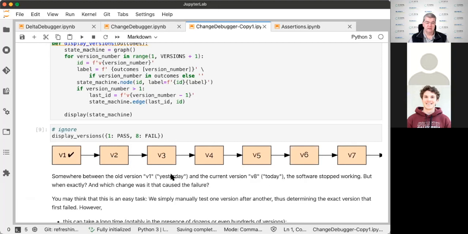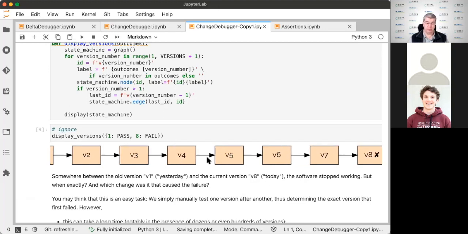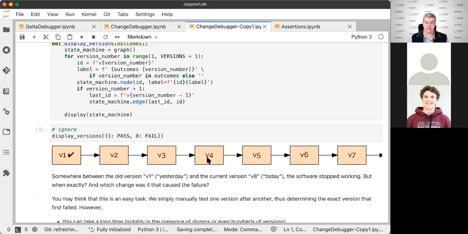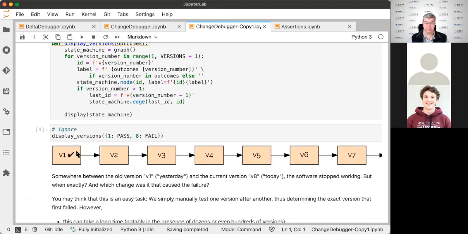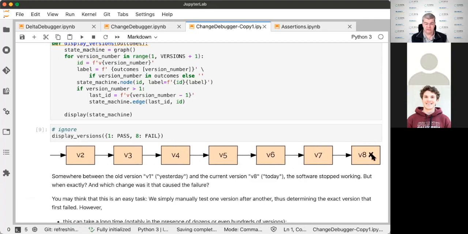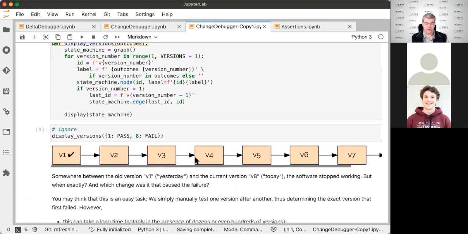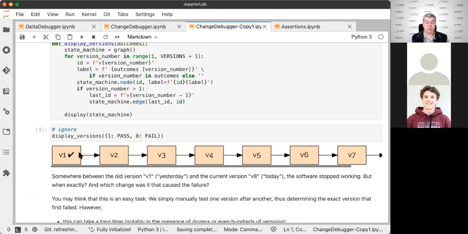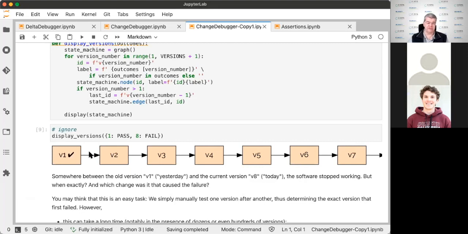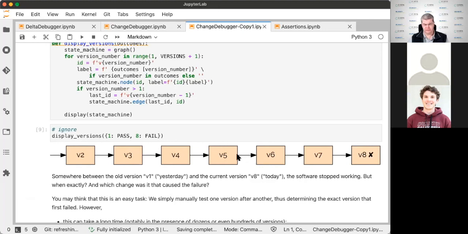And the situation we're in here is we're having a program that comes in 8 versions, V1 up to V8, and version 1 is the one that passes, and version 8 is the one that fails. And you want to know when exactly the program failed, or at which point in time the program started to fail. You could now go through history, V1, V2, V3, V4, linearly,